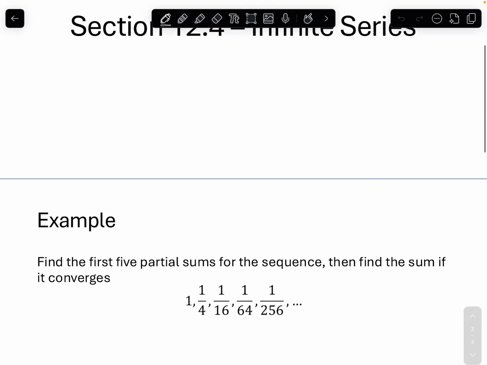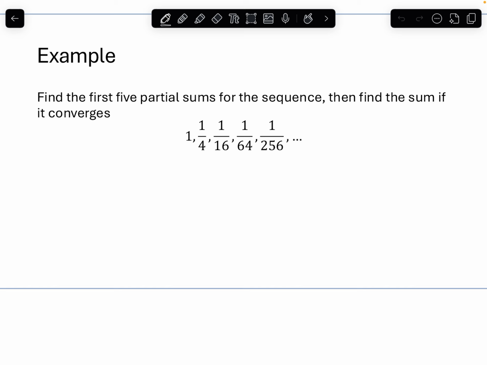So an example that I would like to cover for that would be to find the first 5 partial sums for this sequence and then find the sum if it does indeed converge. The sequence is 1, 1/4, 1/16, 1/64, 1/256, and so on. But to first do those 5 partial sums,